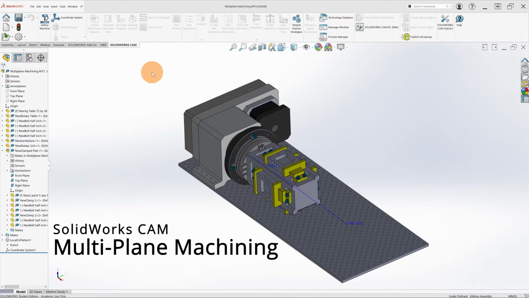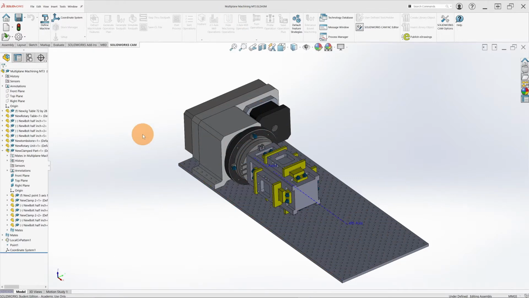Okay, today we're going to take a look at multi-part machining. If you go to Moodle and go to the SolidWorks folder that I have in Moodle, you will see a multi-part machining mt3.zip file. Download that file, unzip it and open the assembly, and you should be presented with this setup here. Here we have a fourth axis, a rotary axis, and on that rotary axis we have a jig fixture which is called a tombstone,